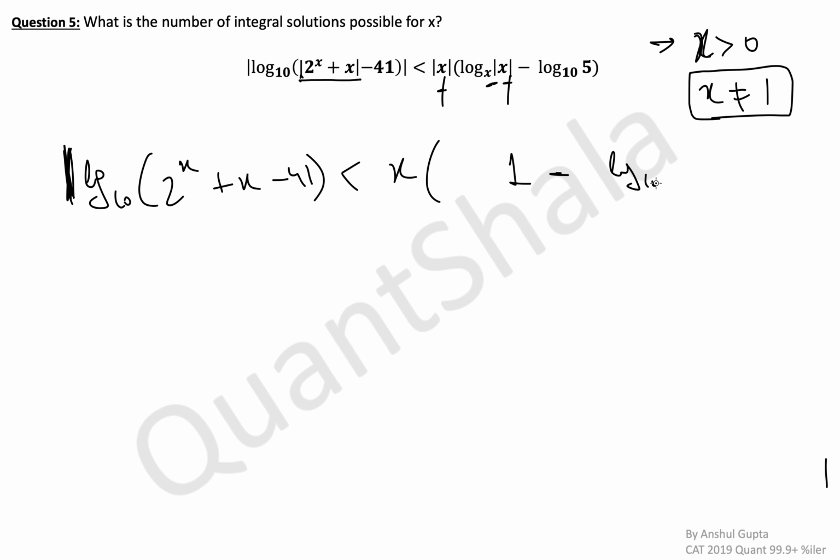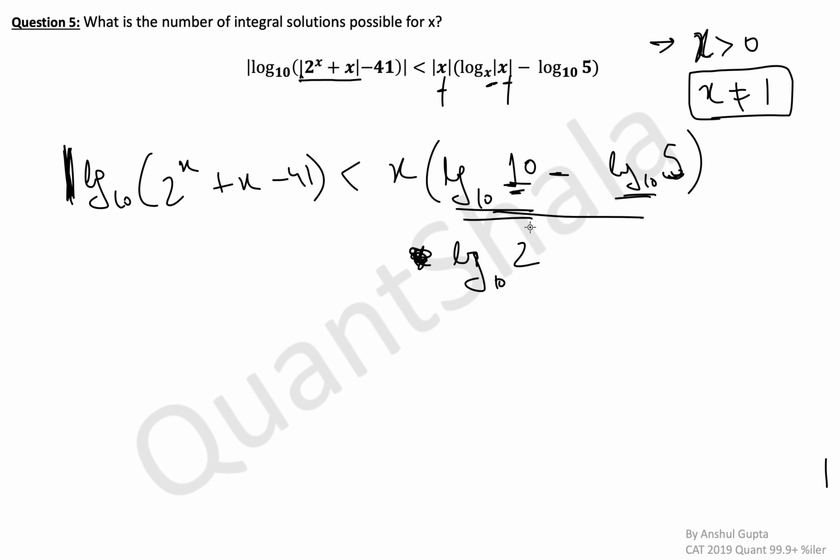Okay, so one thing is that instead of 1 minus log 10 5, again as we did in the third question probably, what we'll do is we'll turn this 1 into something around log base 10, so it becomes log base 10 10. This is 1, so we have just written 1 as this. Then we can use simple log property, and the RHS turns to x into log 10 2, and then this x goes and becomes the exponent of 2. Okay. So this is the RHS that we have now, and this is the LHS that we have now. We did close this modulus sign here.